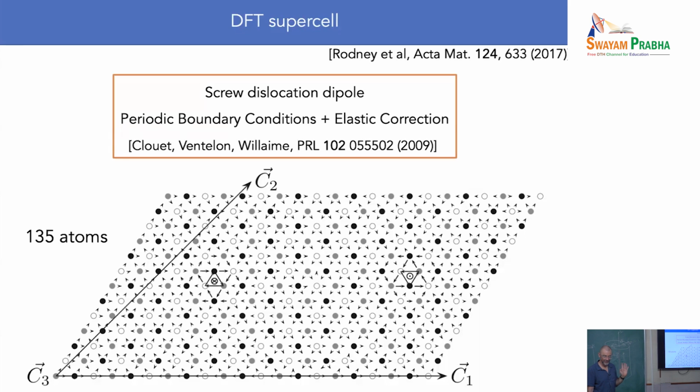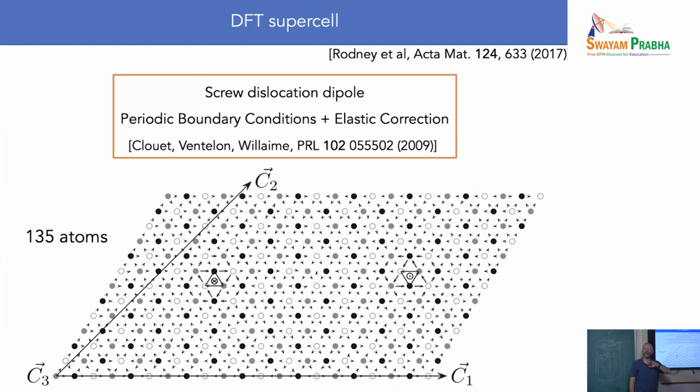Two of our PhD students spent their entire PhD doing simulations for 135 atoms, because that was the biggest we could afford at that time. It's crazy because the dislocations here are extremely close to one another. So we know that these two dislocations will strongly interact, but they will also strongly interact with all of their periodic images, right? But then my colleague and friend Emmanuel Clouet, he has spent a lot of time working in